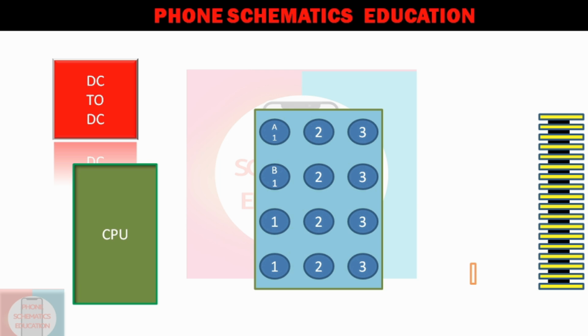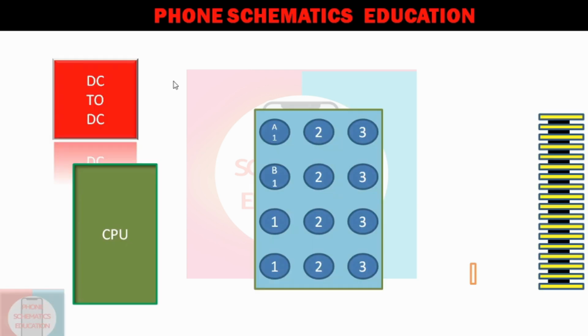I will give you information of each and every line with detail and with animation. That's why I will draw this IC in a big size, so you can easily understand how this IC works,